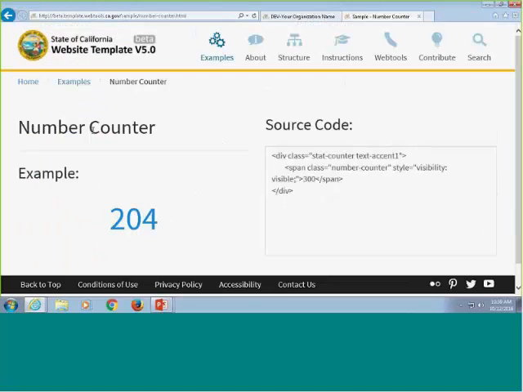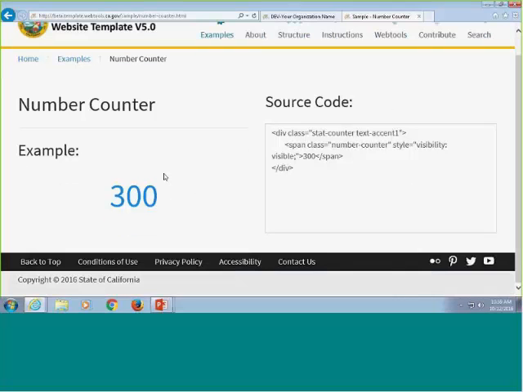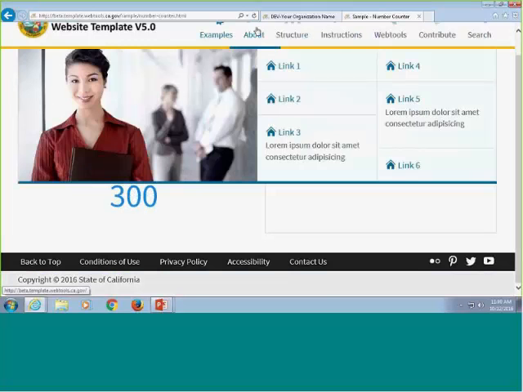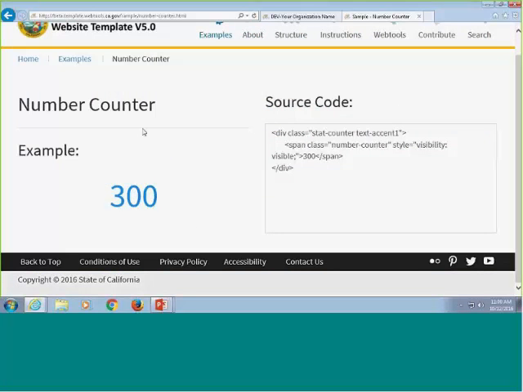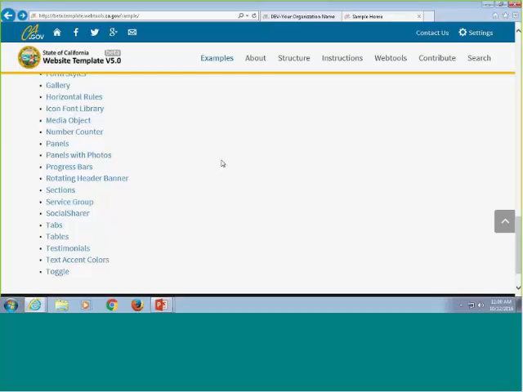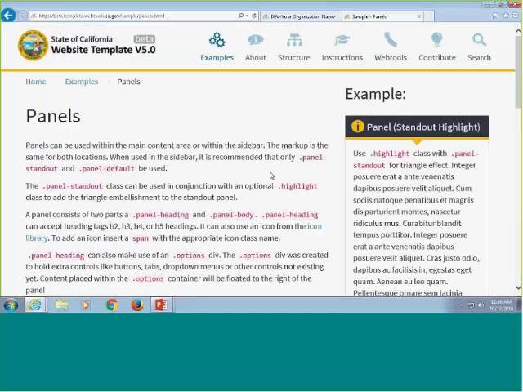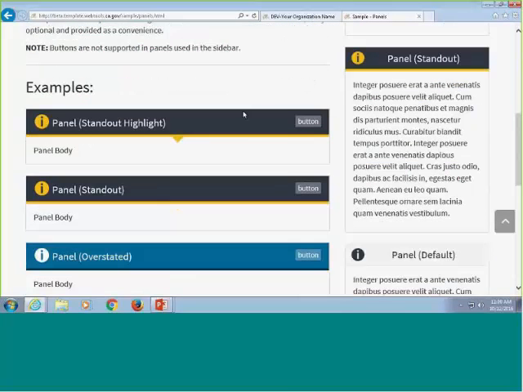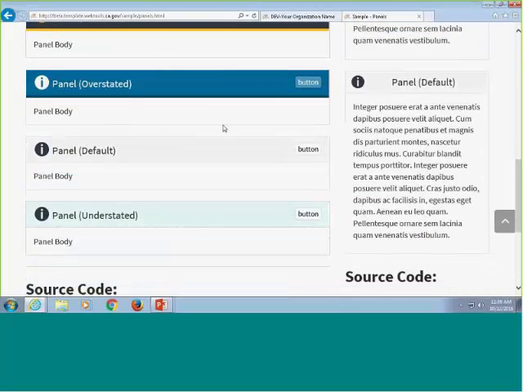So you may have noticed on the CA.gov portal, if you go to different pages, there are different numbers there. This is another content utility you can use to visualize different numbers on your website. As you can see, it does this animation where it counts to the number, which is kind of neat. Panels also stay the same with version 4, except